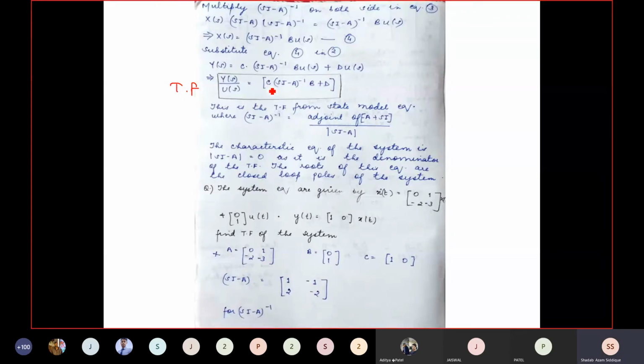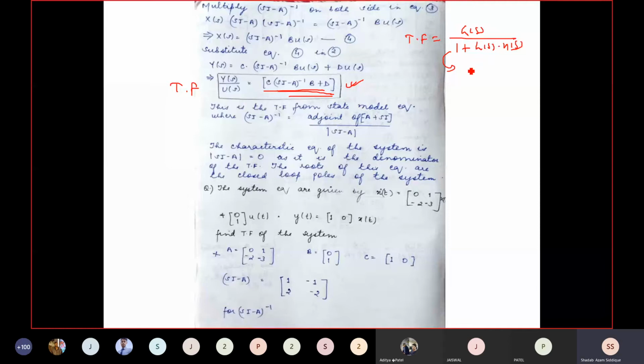Okay, so in this transfer function, we have seen in block diagrams, if we have a normal feedback loop, we have G(s) divided by 1 plus G(s) into H(s) for negative feedback. So what was the characteristic equation from this? Whatever is in the denominator will be equated to 0, and that is called the characteristic equation. This is nothing but 1 plus G(s) H(s) equal to 0, and that is called the characteristic equation.